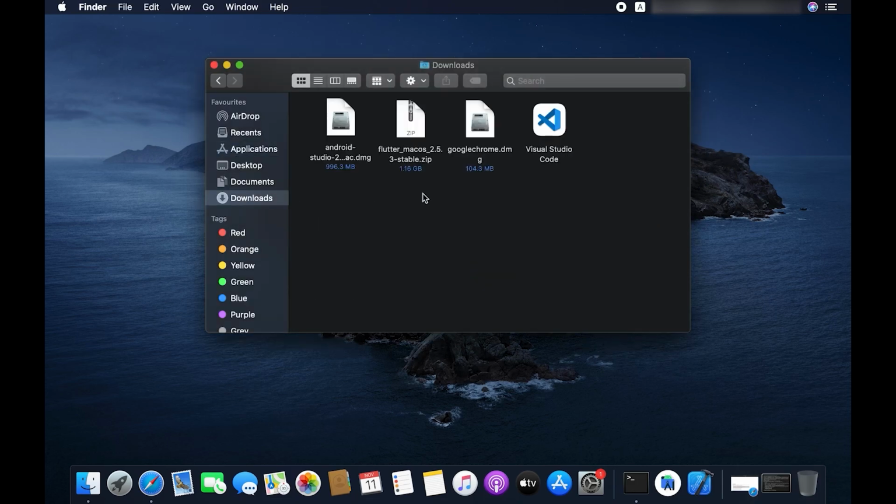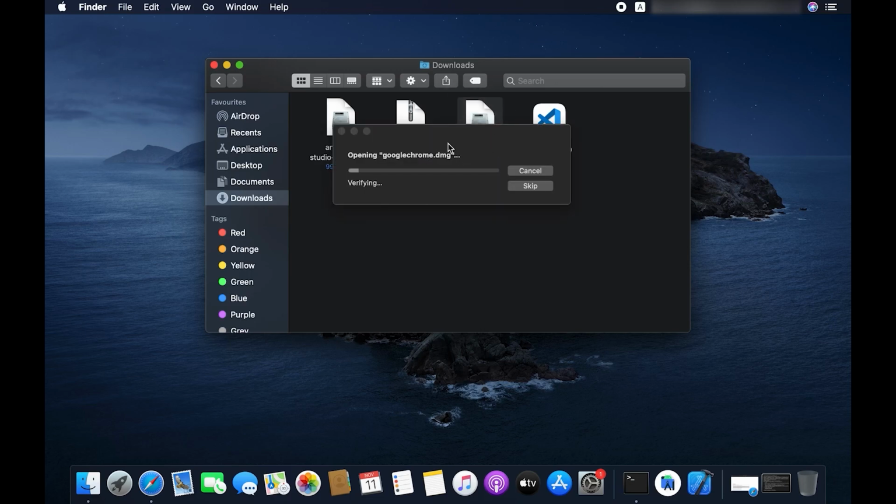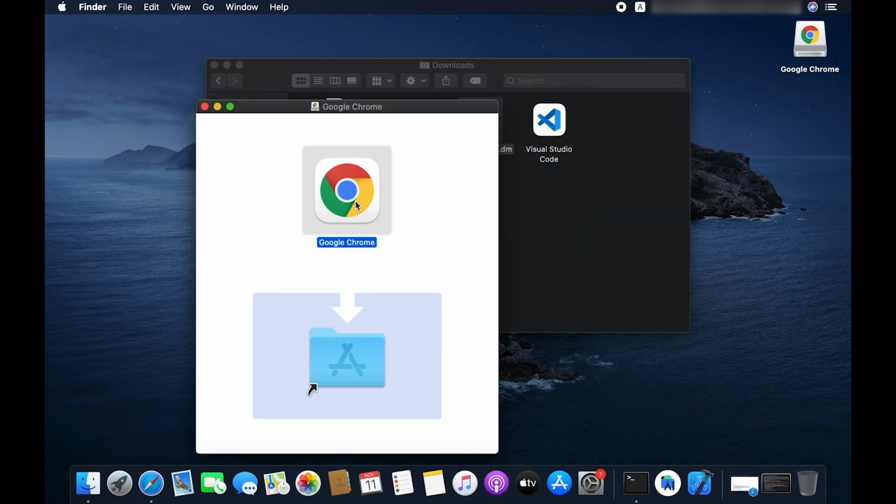I'll go to the downloads folder once again. I double click on the DMG file. Just drag and drop Chrome to the applications folder.